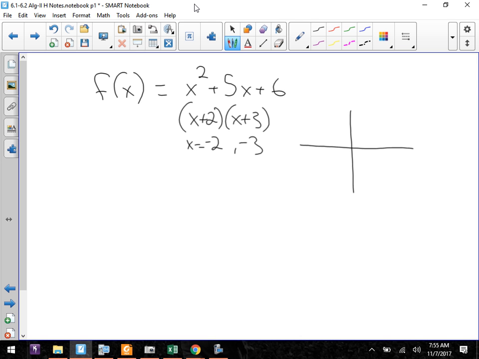But, so we know our tails are up. I know that my zeros cross at -2, -3. So it has to do something like this. Okay. Now, the idea of using